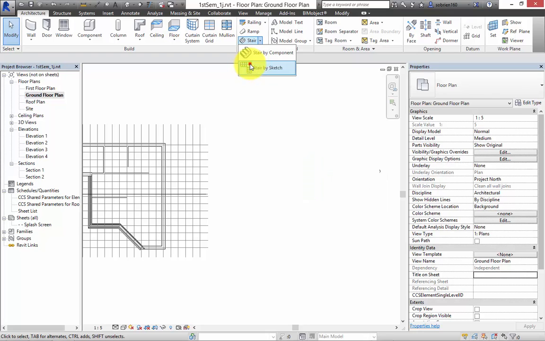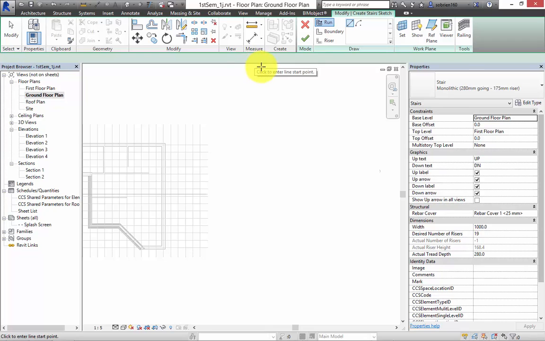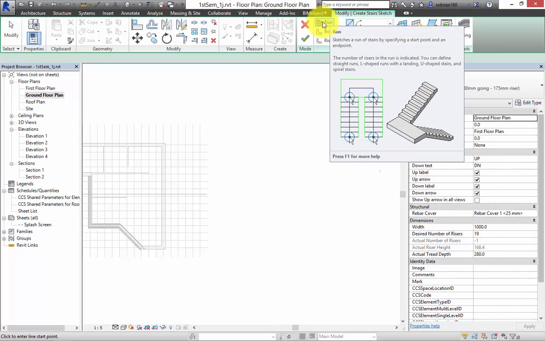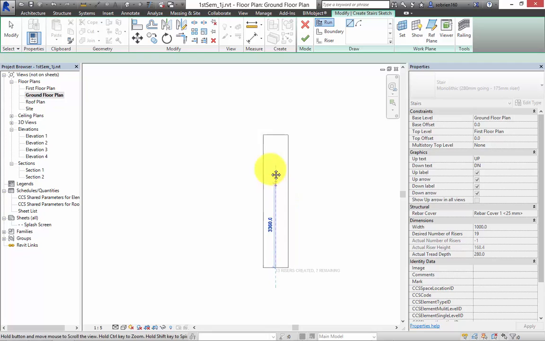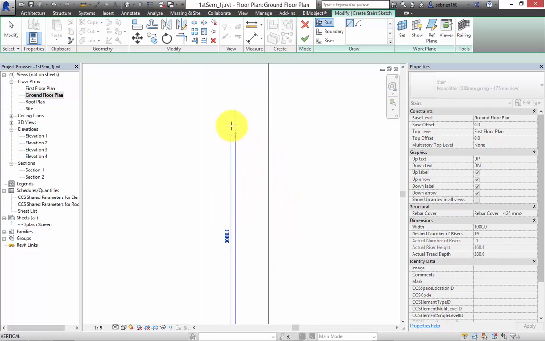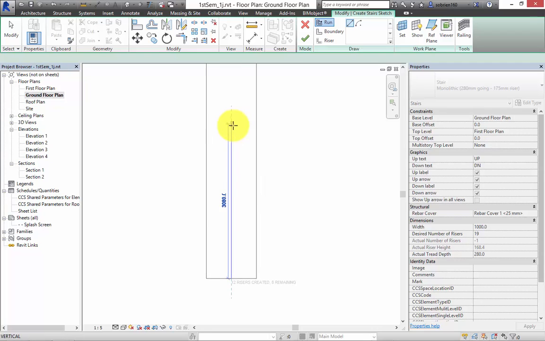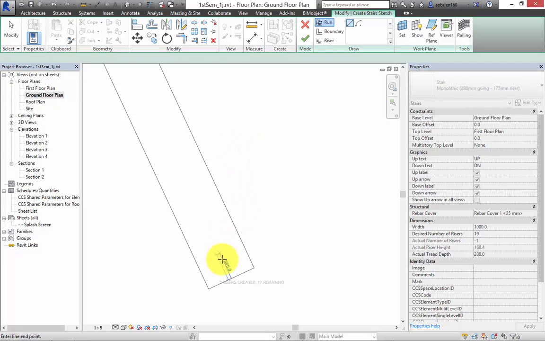So I'm going to click on stair by sketch, and once you click on that, we get the same little drawing tab here, but we only have a couple of options. We've got a straight and a curve, and that's because the button here is set to run. If you draw a run of stairs, let's just draw a straight run, it starts to draw the stairs. If I zoom in, you can see at the bottom it's counting the number of risers that I've created by moving this line up and down. If I go right back down here, it's going from